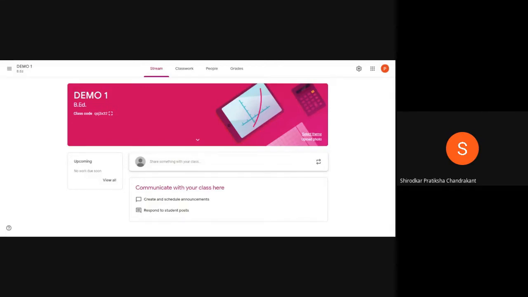don't like the themes which are available already by default in Google Classroom. You can also change it by adding the photo which you want by clicking on upload photo, which is just below select theme. You can just click on upload photo, which will allow you to select a photo from your computer. If you can see here, they are giving you an option of selecting a photo from your computer. So if you click on that, it will take you to the files which are on your computer, and if you have any image which is already downloaded, you can choose that and you can keep that as your class theme. So I'm not doing this. You can do it later on when you'll be trying it on your own.